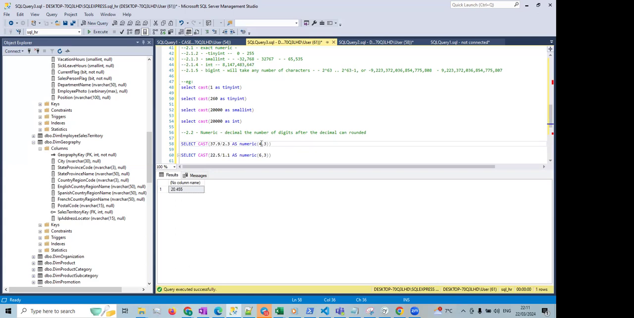So this should be a minimum of what? 5. Do you get it? Should be a minimum of 5. So if we do this, that should work this time around. That should work. And if we were to do this, make this 4